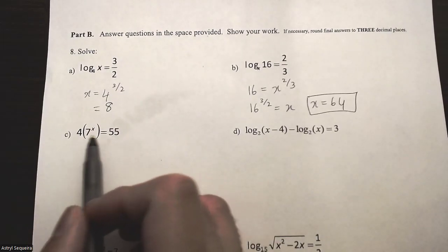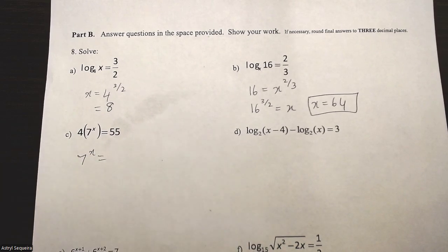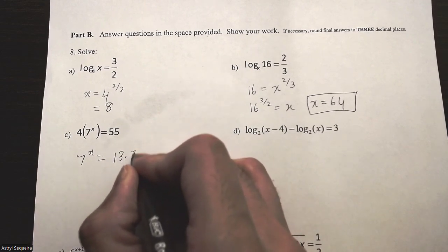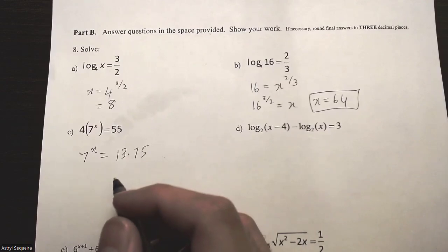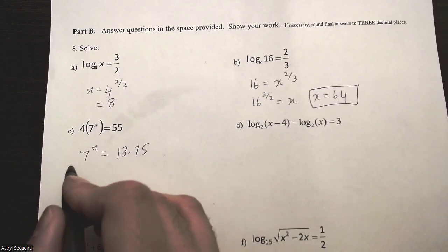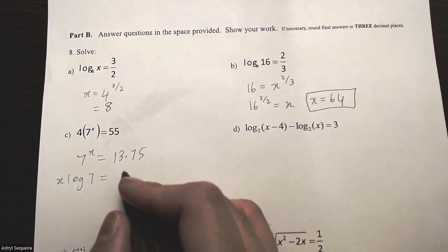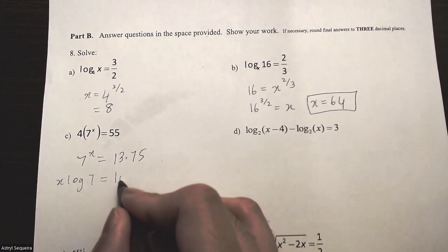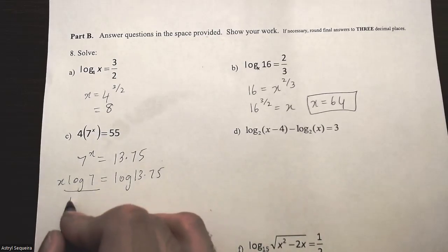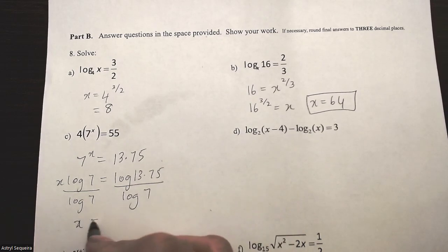Third one over here, I'll start by dividing by 4 on both sides. Now 55 divided by 4 is 13.75, so I'll write that as a decimal because it's exact, but if it's not exact, make sure you use fractions. Next, I'll log both sides and bring my exponent down. And then I'll divide both sides by log 7, and then I'll put this in my calculator,